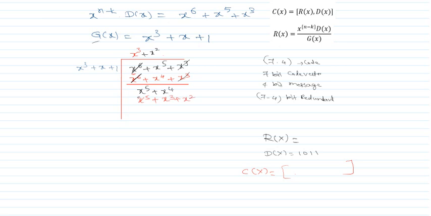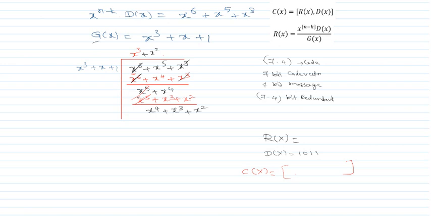Now let us perform the addition again. So here x power 5 will get cancelled, so only one x to the power 4 is there, so I can write down that x to the power 4, plus only 1 x to the power 3 is there, I can write down, plus 1 x square is there. I'll write down all the three here, right?